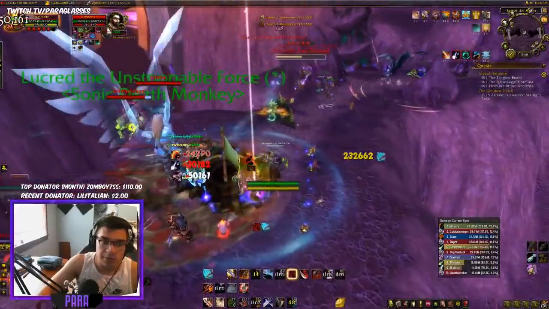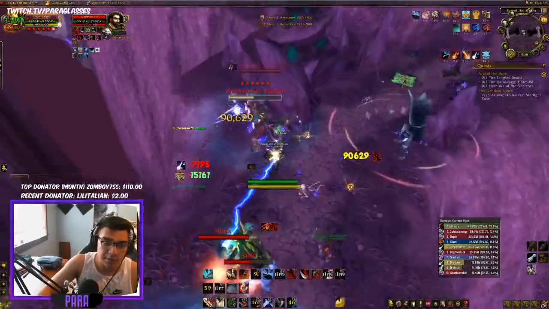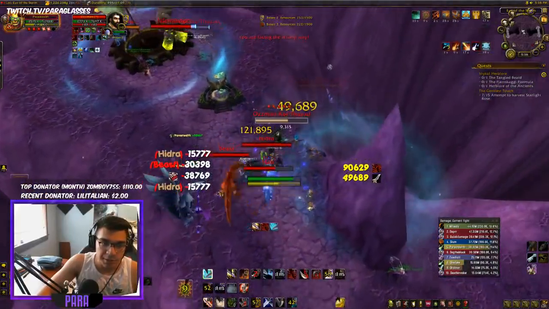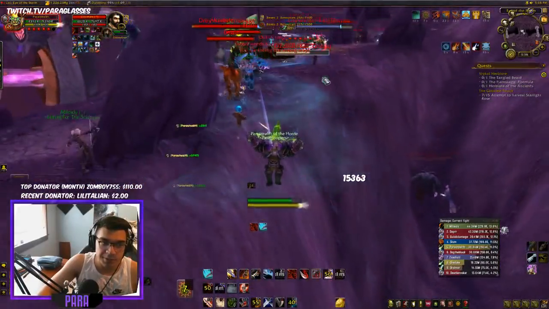And there goes everyone. We'll go on this guy. And again, all you really do as an Outlaw Rogue is you press Saber Slash, and then you use, like...